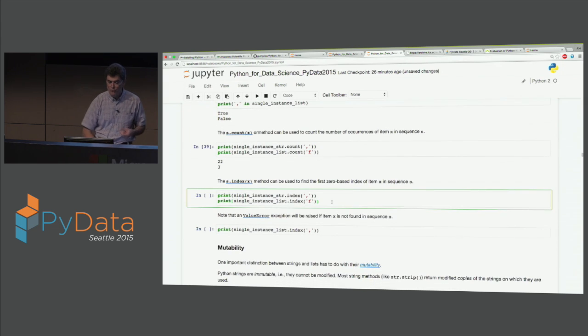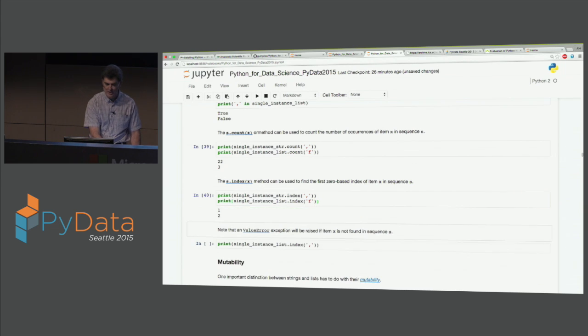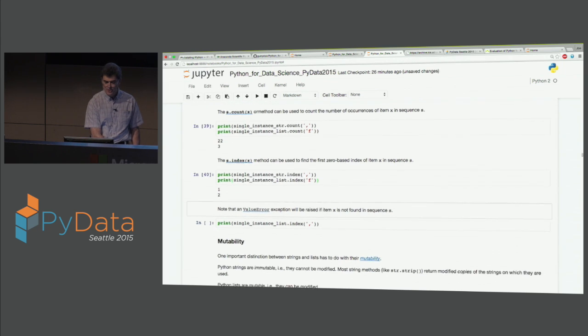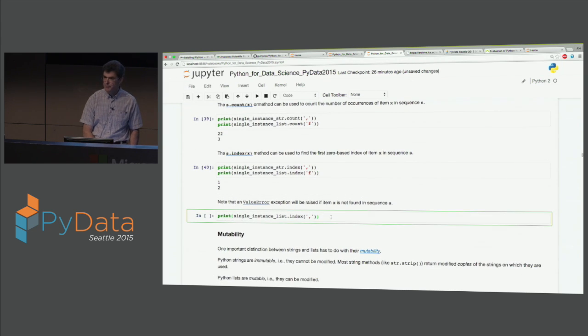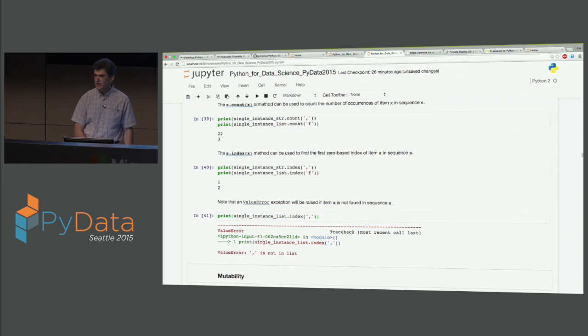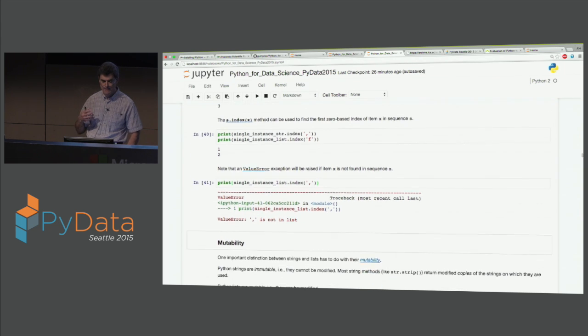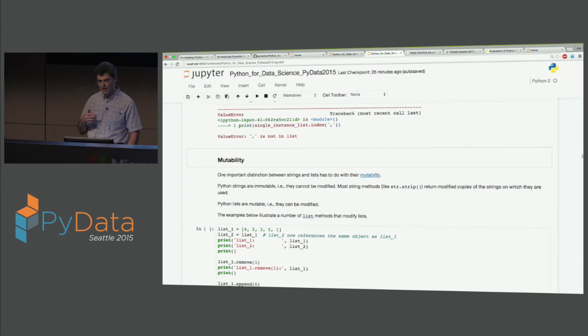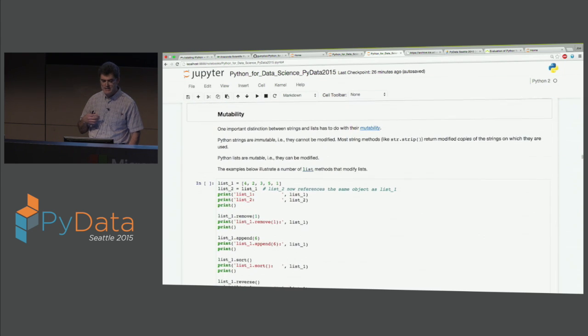You can also find out what is the first position of a character in a string or a list, okay, by using the index method. Note, however, that if you look for something that is not in the list, you'll get an error. We'll come back to that; there are a couple different ways we can deal with that in a moment. I'm sure you already have some programming paradigms in other languages to protect against that. But before we do, I just want to mention a very important concept in Python